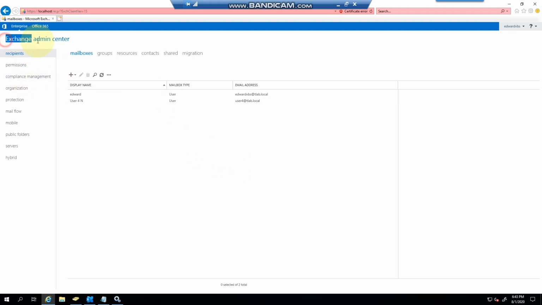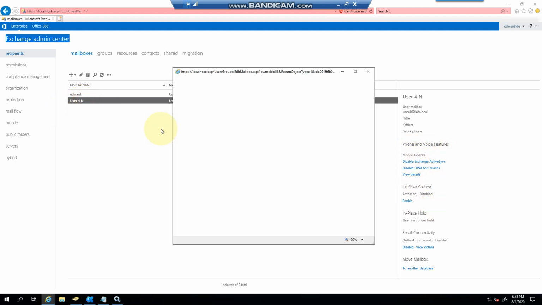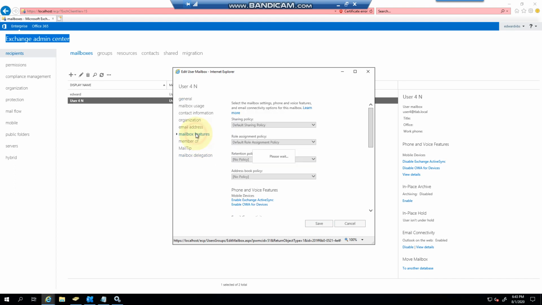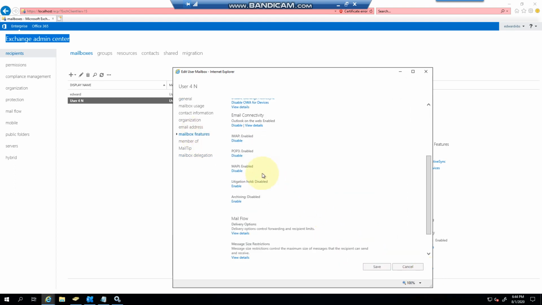If you log into the Exchange Admin Center, click on Recipients and then Mailboxes, you can select a mailbox and at a glance you can see what kind of permissions the user's got. But if you actually double click on a mailbox and you go to mailbox features, you can see that MAPI is currently enabled, and you can click disable, which will disable it, or you can do